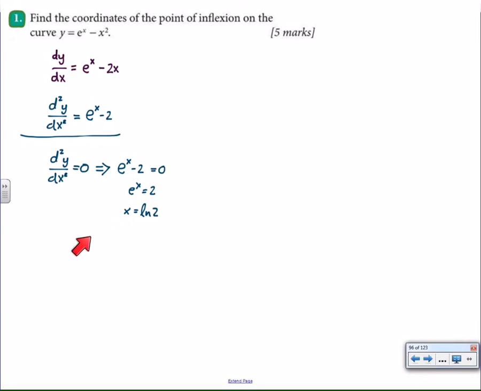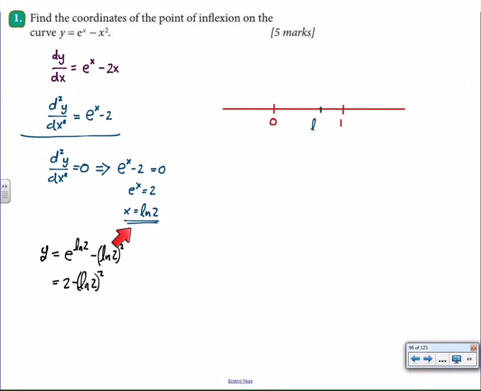that all this stuff that's happening over here is enough to prove that there might be an inflection point. But I'm going to have to do a little bit more research to make sure, and it's simple enough, just like when we were finding stationary points. Sorry, I first found the coordinates. It said find the coordinates, so I took that x value, put it back into the equation to find the y value. The exact form is 2 minus the natural log of 2 squared, which can be done with a calculator, not to worry. I did analyze the natural log of 2 to be slightly less than 1, so I create a number line